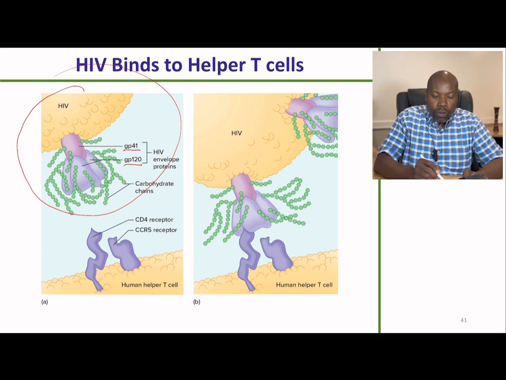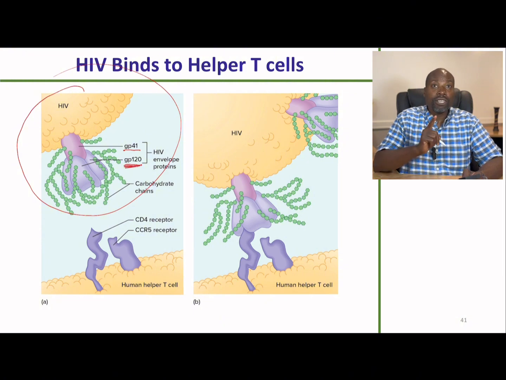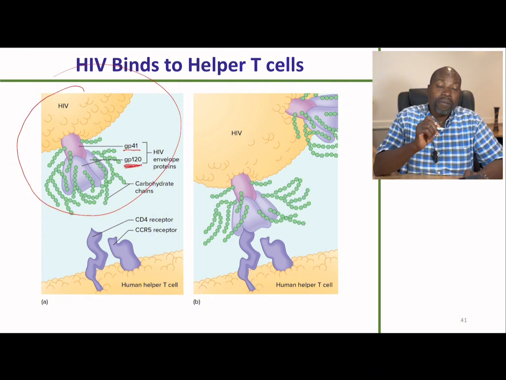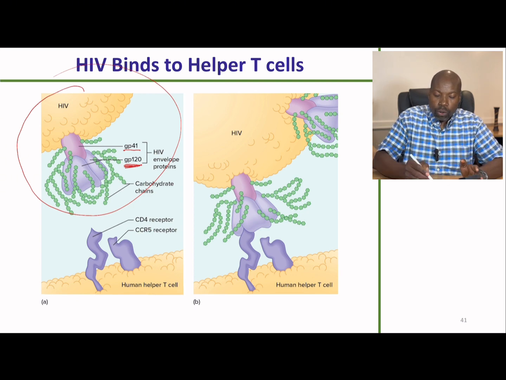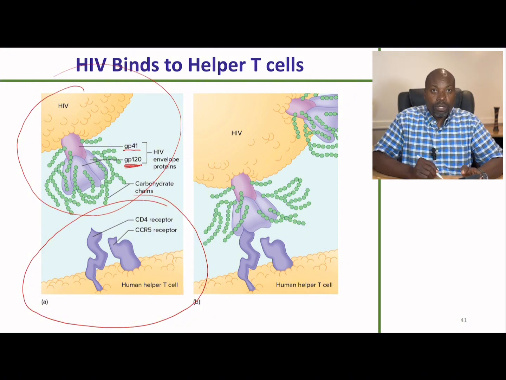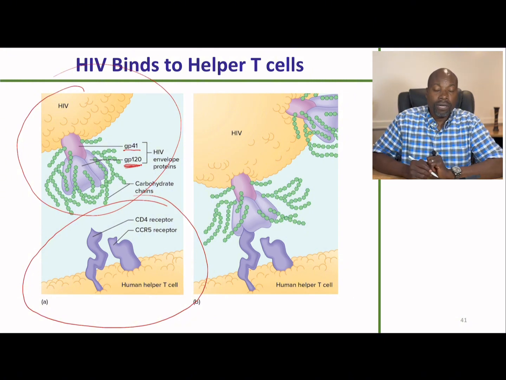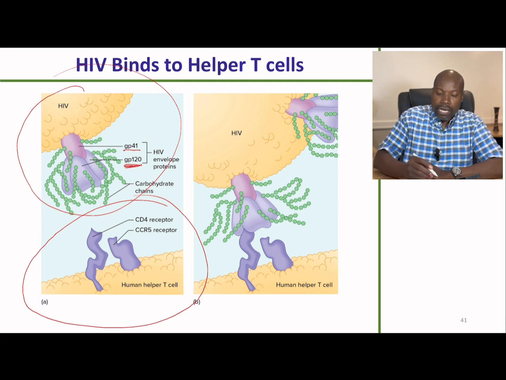Now, GP120 is essential for the attachment of HIV on our cells. Very important to remember. Now, when we look at our cells, so here we have our cells, right? We have two markers on our cells. One is the CD4 receptor,